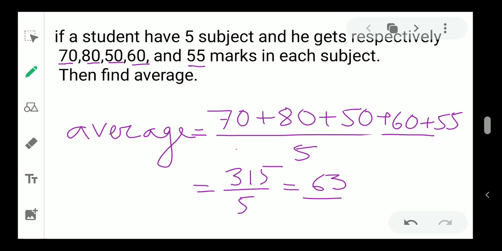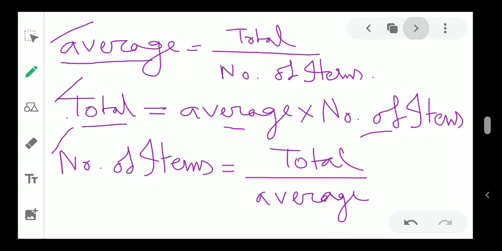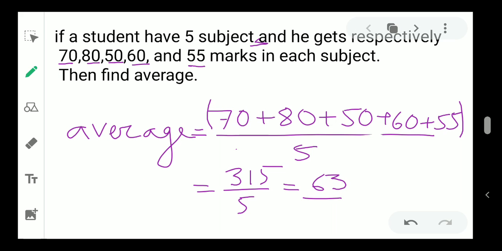Okay, the question itself is wrong again grammatically. There will be one S. So we have to add first all of the data that you have, and then you have to divide by the number of items. So this is how you have to find out average. Very simple. You add, that will be in your numerator, and the number of items will be in your denominator. So this question is very straightforward and you can do it, right?